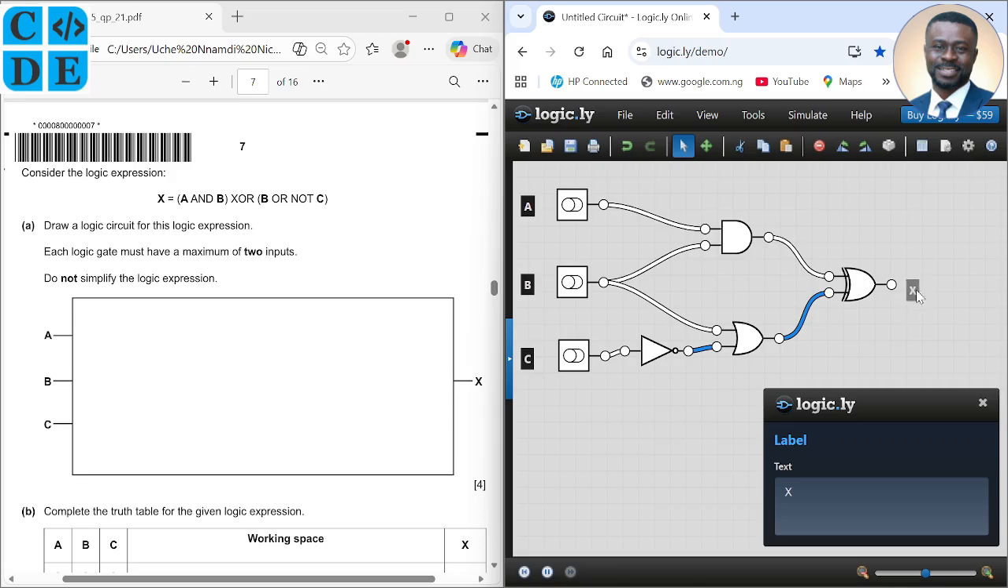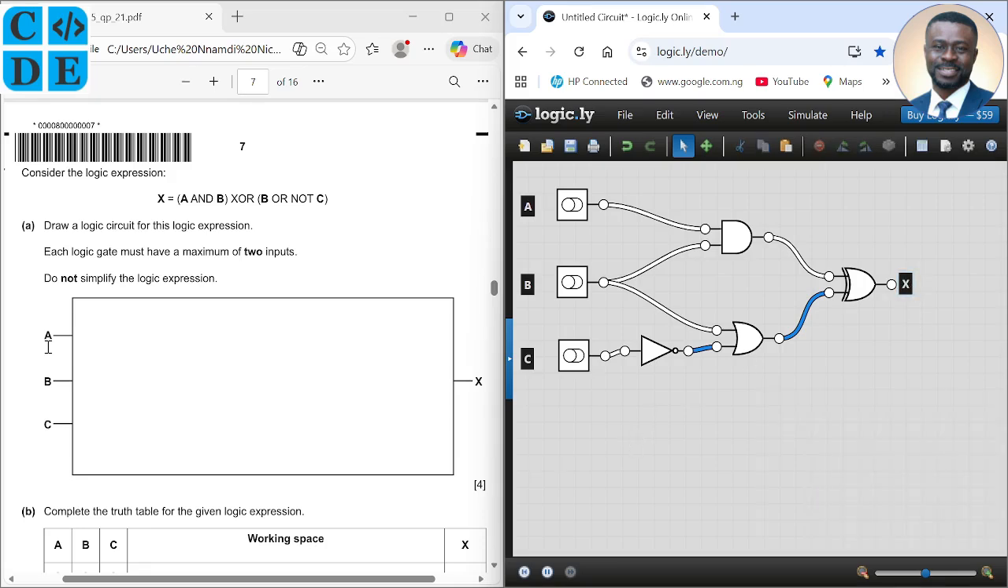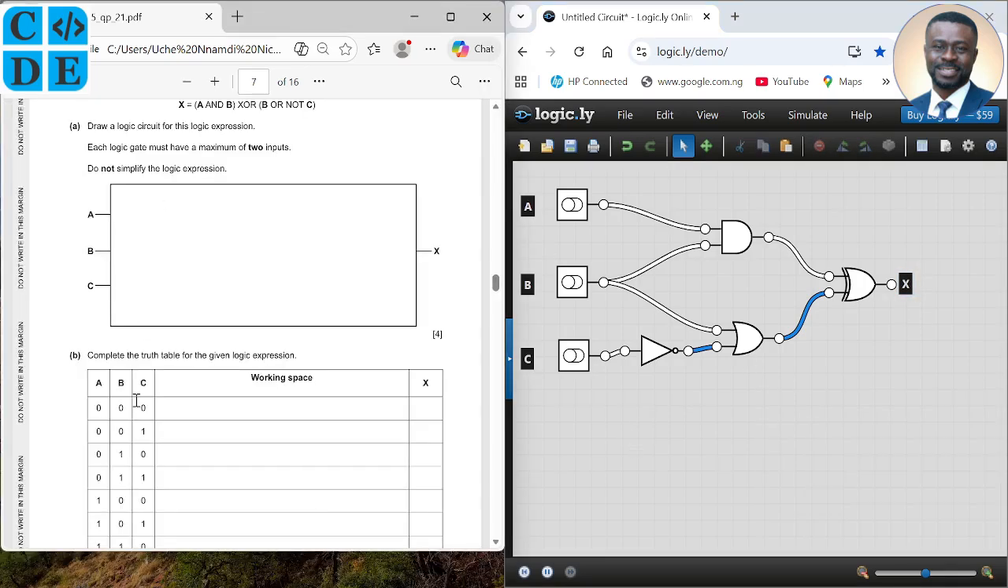So this becomes our S. Yeah, we're done with the logic circuit. Our next task will be to complete the truth table for the given logic expression. The same trick applies here. You start from the inside, finish what you have on the inside, and then you get the output. Okay, you also do the same thing with this, and then use the output to feed into the exclusive OR